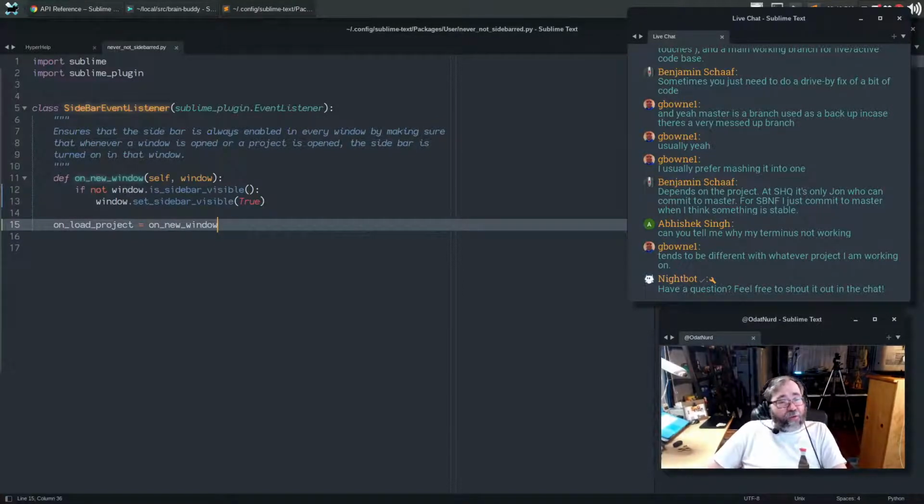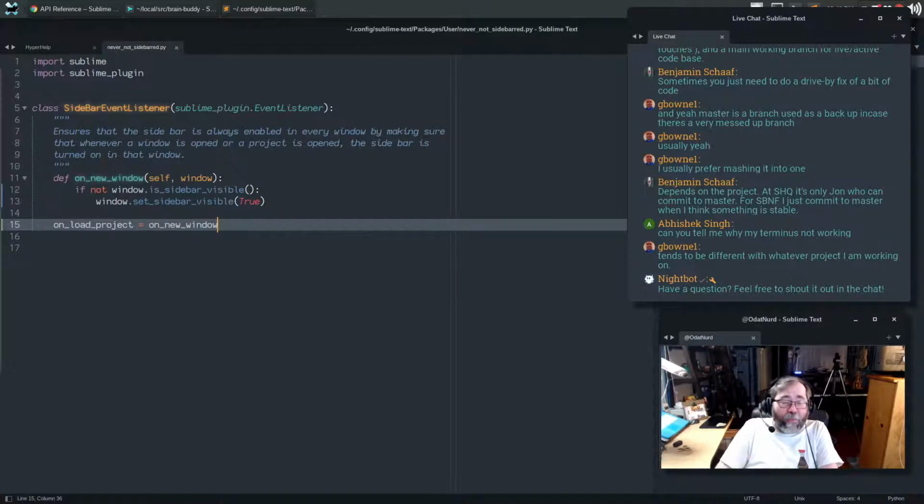So the gist of this particular plugin is that someone on YouTube, I cannot remember off the top of my head right now who, asked in the comments section of the video on the sidebar, that they always want to have the sidebar visible no matter what. It's sort of a mental disconnect whenever you start Sublime on a brand new computer or install it, that the sidebar doesn't appear until you start setting stuff. And if you don't do it very frequently, it's tricky to remember where it actually was. And I mentioned in the comments of that video that it should in fact be possible, I think, to create a plugin that does that.